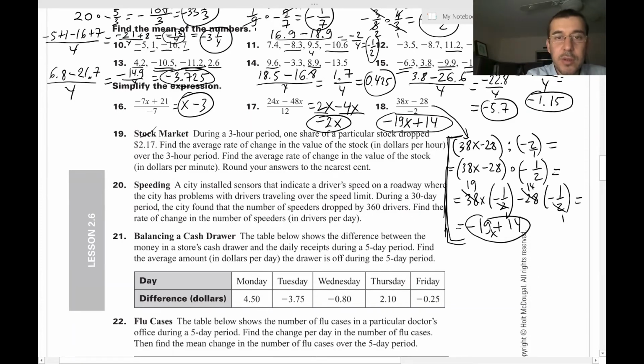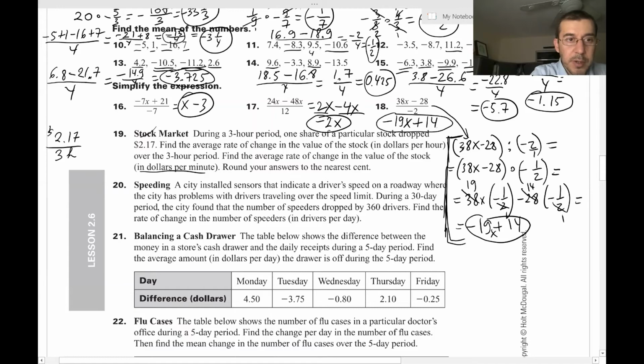Find the average rate of change in the value of the stock in dollars per hour. See, so it's $2.17 within a 3-hour period. So within a 3-hour period, find the average rate of change in the value of the stock in